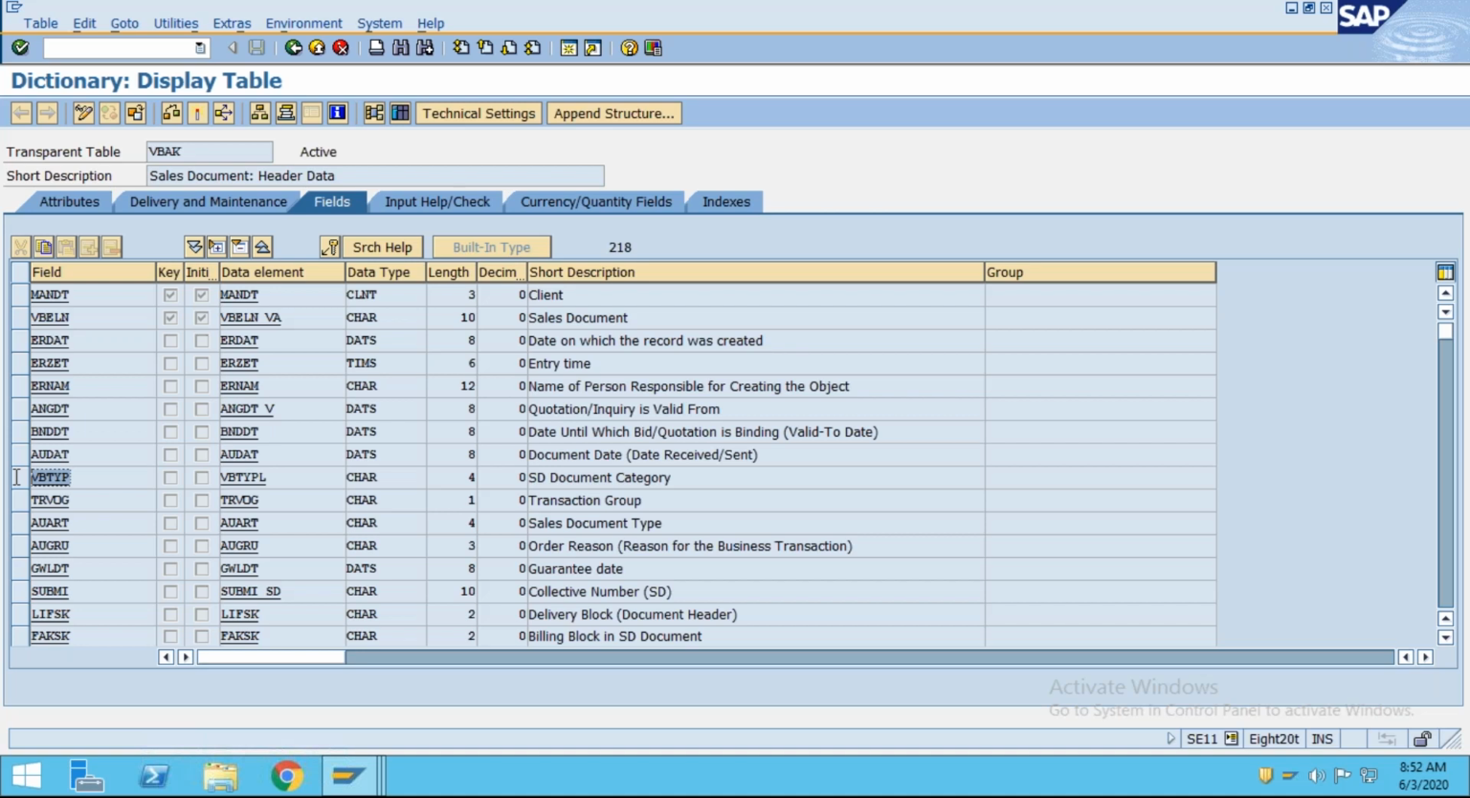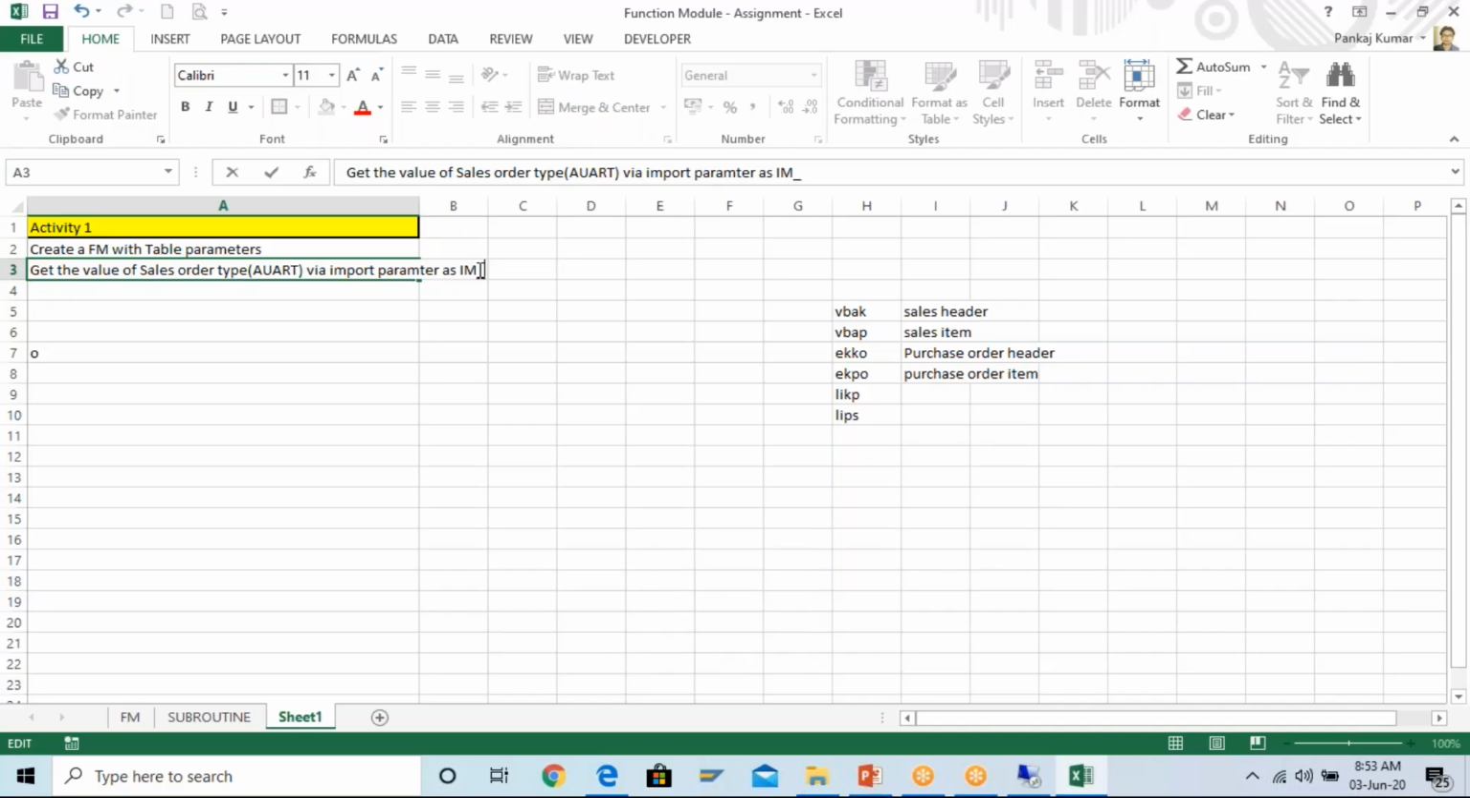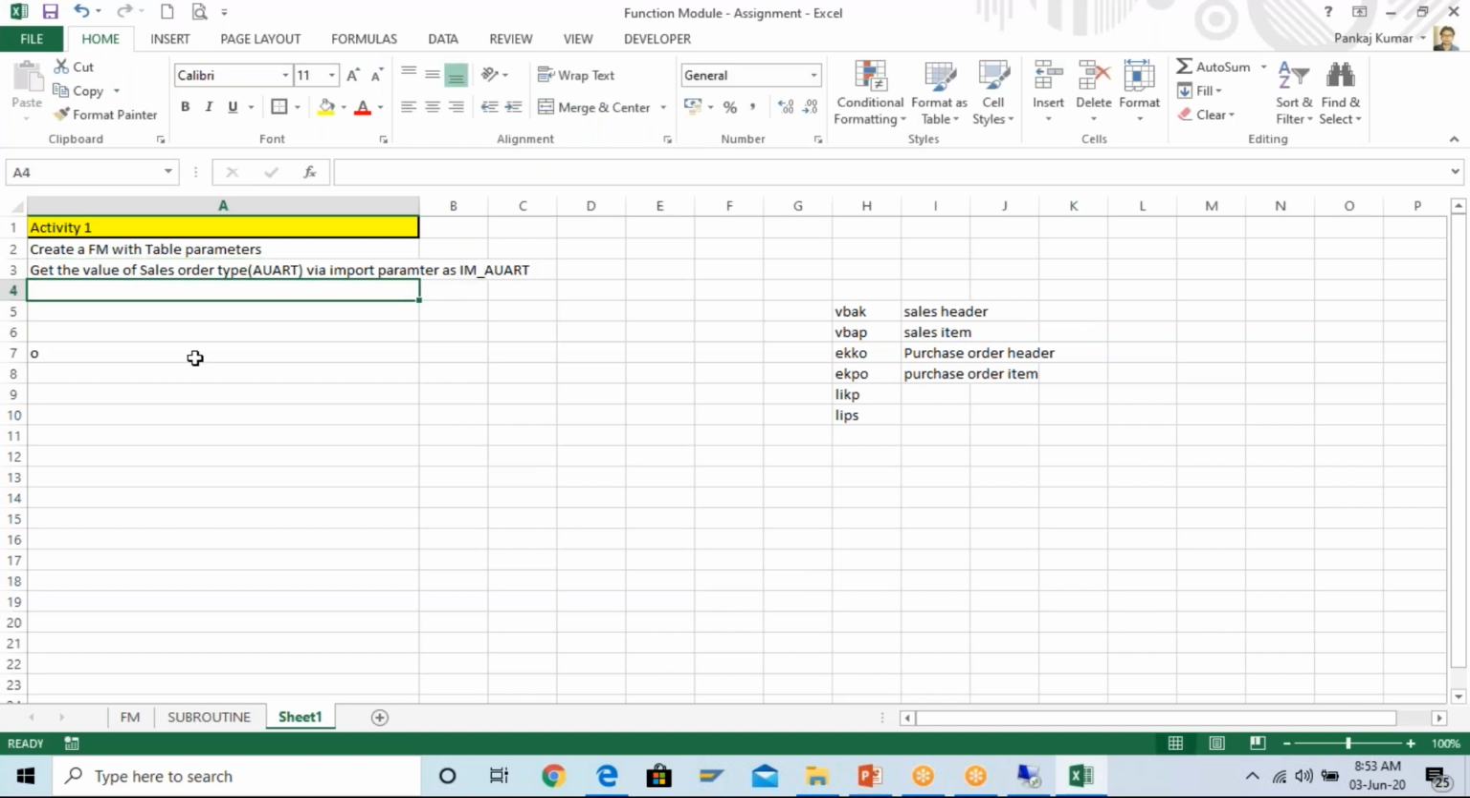So AUART you have to get from the program, get the value of sales order type, that means AUART via import parameter, right? IM_AUART. Now, based on this value AUART,